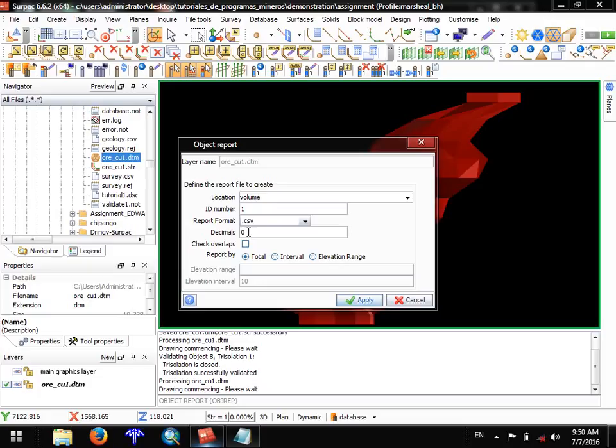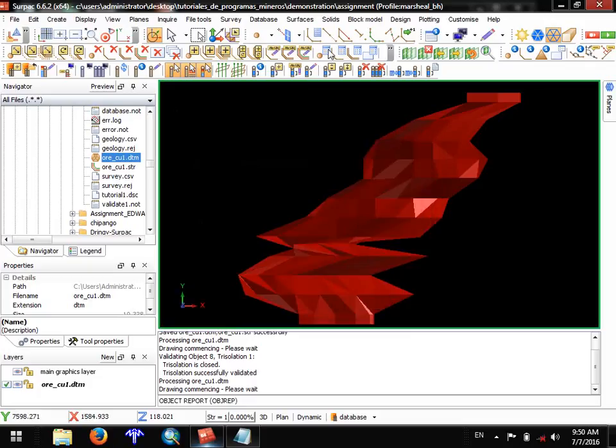Now, what is happening here? If you know the levels, like what we do, we want to know from this level to another level what is the amount of ore that is there. We use the intervals or the elevation, from this elevation to that elevation. What is the amount of copper that is there? That is where I use the elevation and the intervals. Now, if we want to report the total of this,